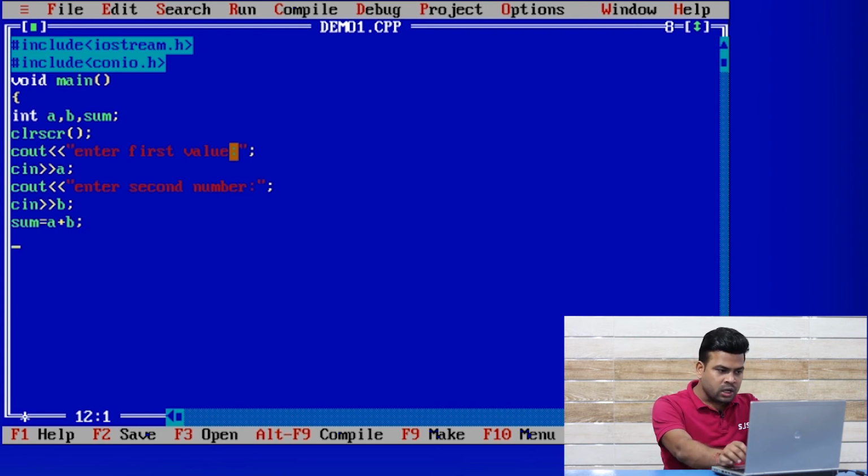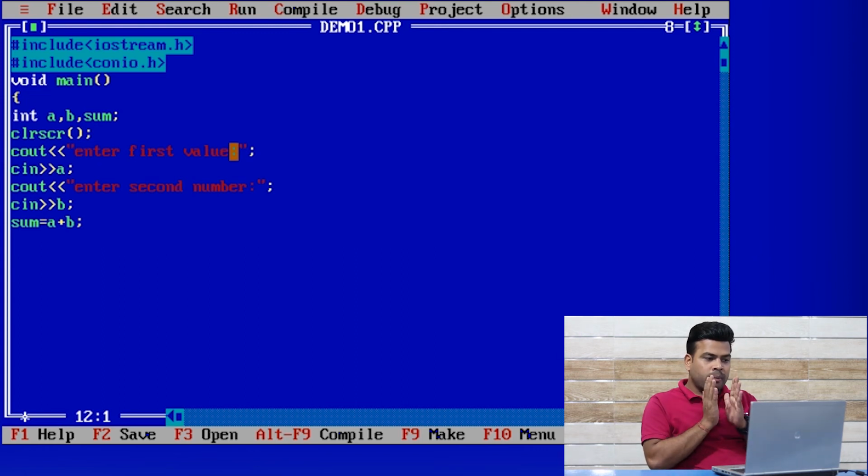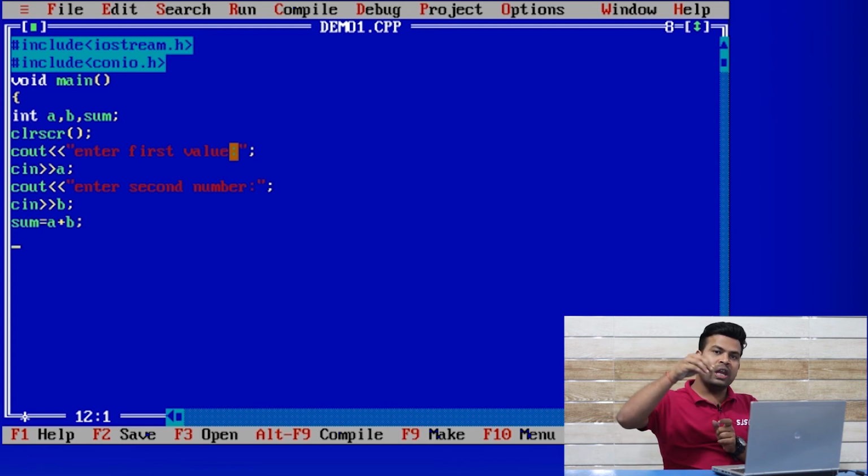Here the values of a and b will be added together, and after the addition the value will be assigned to the variable sum, because the equal to operator assigns the value from right side to left side.